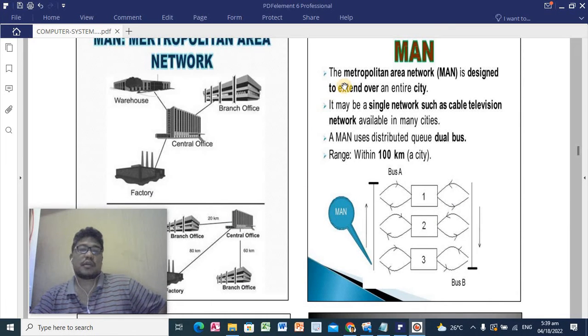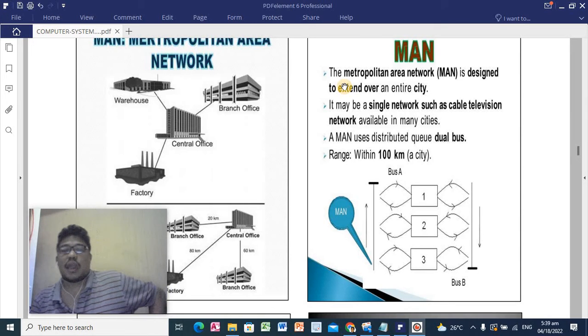The Metropolitan Area Network is designed to extend over an entire city. Kadalasan one city, no, yung MAN. It may be a single network such as a cable television network available in many cities. A MAN uses distributed dual bus range within 100 kilometers or a city. So yung LAN within a building, yung MAN within a city naman. Okay. Next po,